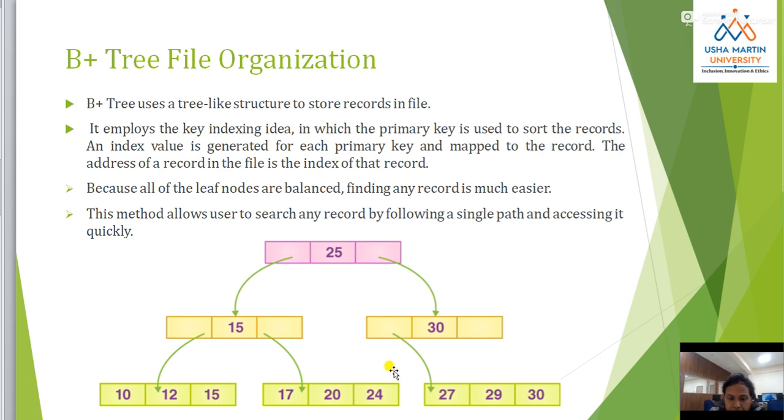Here, in this diagram you can see, suppose the root node is 25, and we have to insert a new record on the left side. I have put 15 here, but it is not necessary that only 15 be put. You have to insert a number less than 25 here, and a number greater than 25 on the other side. So I have written here 15 and 30, that is less than 25 and greater than 25, 15 and 30.